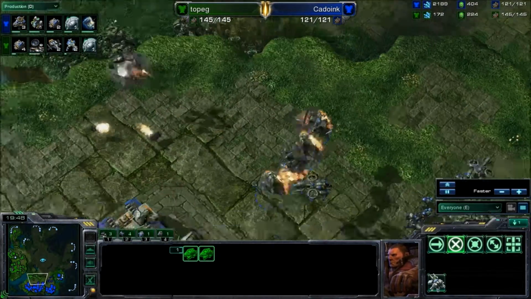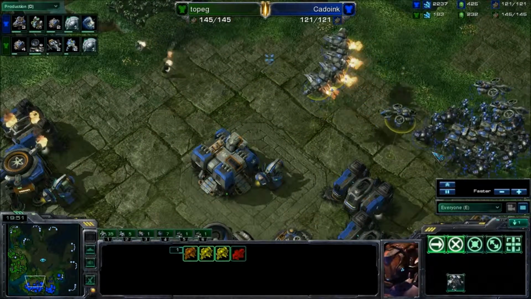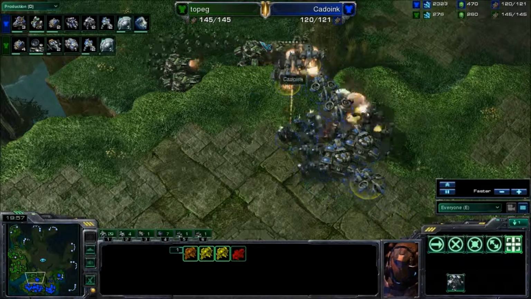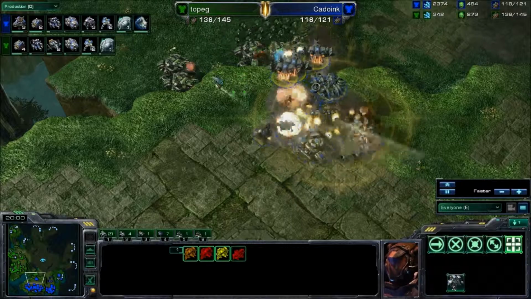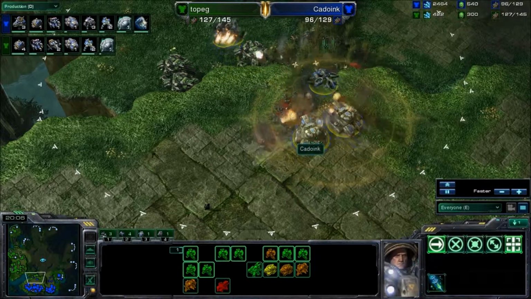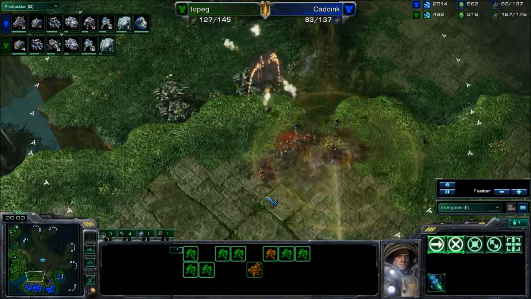We do see Cadoink is trying to do some attacks with air moves, and he is going to be running forward with a huge amount of force, and he's going to be shooting the tanks that are on the low ground, but a scan going down for Topeg, and the tanks are going to just absolutely destroy the rest of Cadoink's army. Cadoink's Banshee's going down as well as all of his tanks and Marines and Marauders, and all he